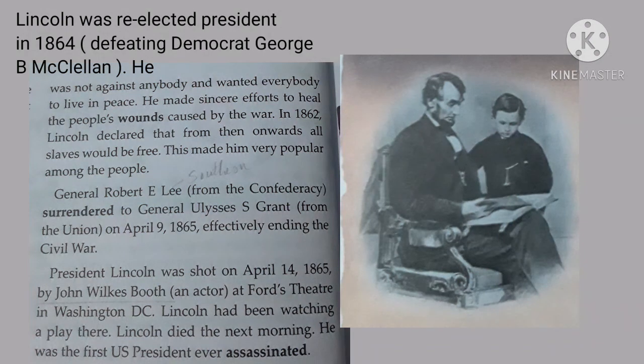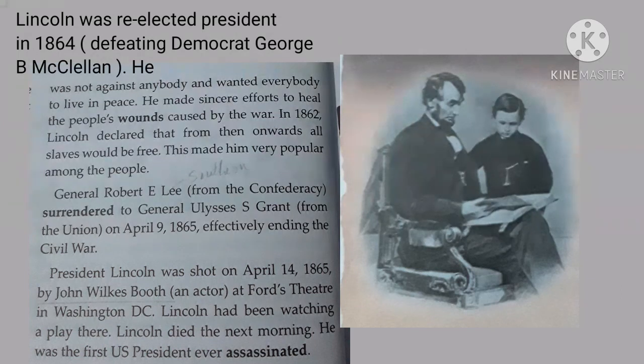General Robert was from the Confederacy. Confederacy means he was not with the Union. He accepted that he was defeated by the northern states, and thus the civil war came to an end,